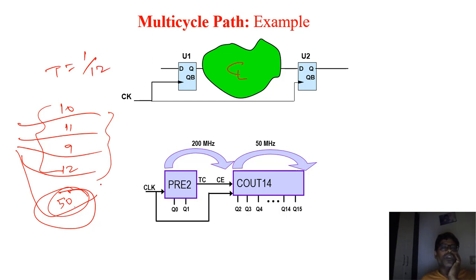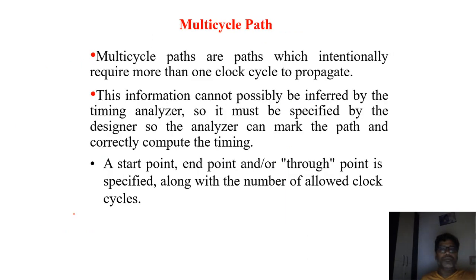Then for this alone, I just make sure it is going to get computed with 5 clock cycles, right? So I segregate this path because I don't want to drag down the speed of all the paths. Rather, I select this path and make sure my whole network operates for this particular path alone with multiple clock cycles. It requires multiple clock cycles to compute that path. So that's what you call a multi-cycle path.